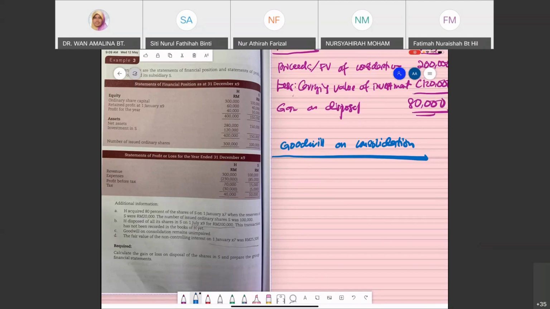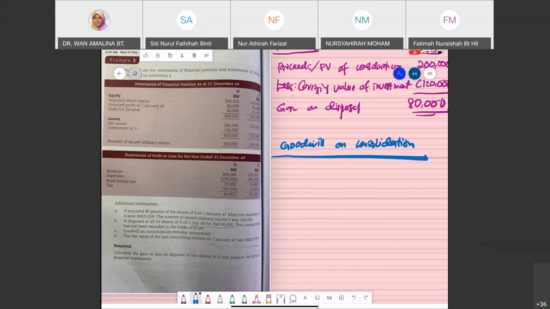Okay, if you look at muka surat 625 of your textbook, 624 sekali, goodwill relating to the disposal of shares. Okay, yang pertama 17.2.1, page 624, no change in the relationship of parent's case control. Okay. So under goodwill relating to the disposal of shares, in a business combination, the parent will compute the goodwill on consolidation, which could be partial.